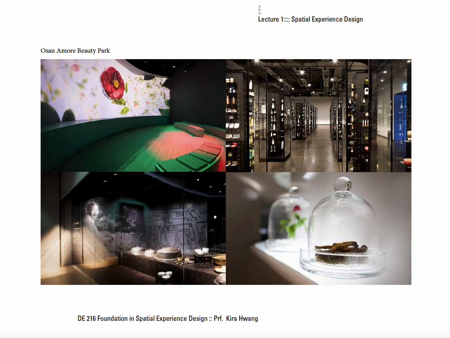This separated archive building was built within Osan Amore Beauty Park in 2015, the year of the 70th anniversary of the establishment of Amore Pacific Company. To enable a more efficient and systematic management of company historical records, the records are also on display to share the company's history and value.